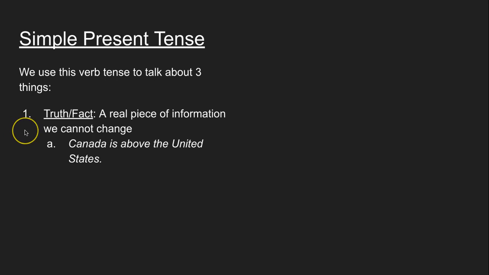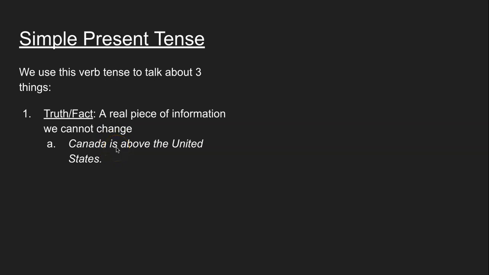Number one, we use the simple present tense to talk about truths and facts. This means a real piece of information that we cannot change. It is not your opinion. It is something that is true. It's a fact. For example, Canada is above the United States. We cannot change this. Here, we are giving a fact, a truth, so we are using the simple present tense